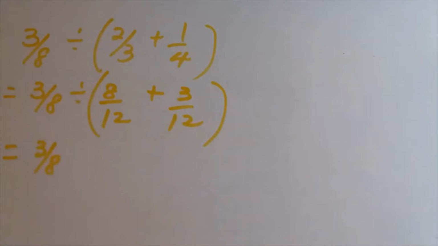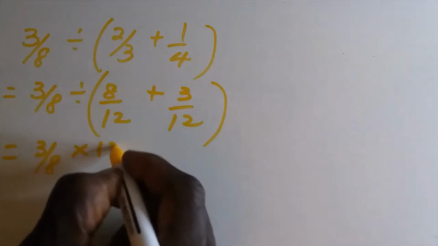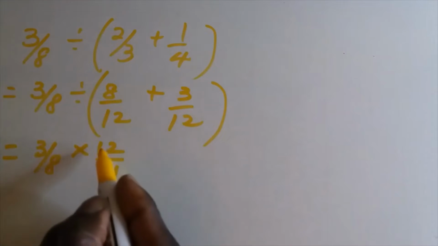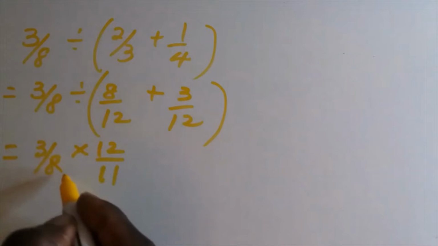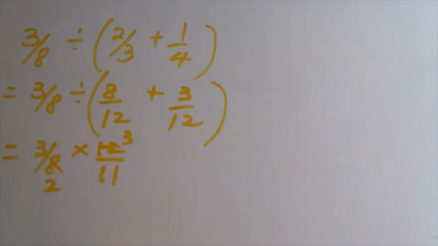And that becomes a multiplication. We just flip, and it becomes 12 over 11. So that's our new problem. So it's 3 over 8 multiplied by 11 over 12. We cancel diagonally here by dividing by 4. 4 2s, 4 3s. So we have